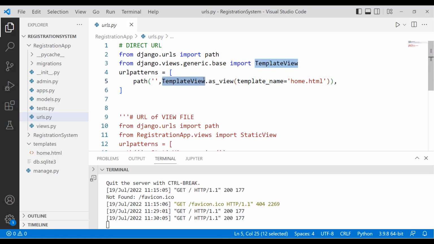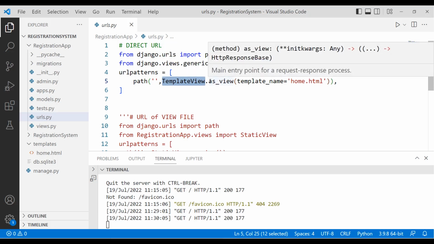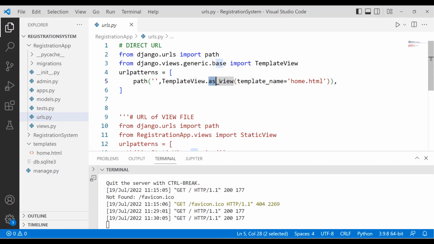This is my class name, TemplateView. This is an inbuilt class available in generic views, and after that I call it with the method as_view. As I want to change some attribute directly from this URL file, I pass the attribute template_name to this method. Basically it will render the template which I pass to this attribute. So I set its value to home.html. It means it returns home.html when I execute the program. So I run my program, and now I will